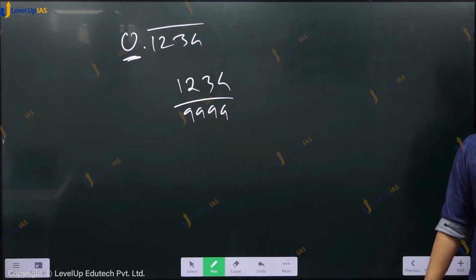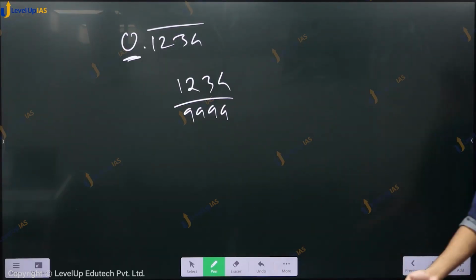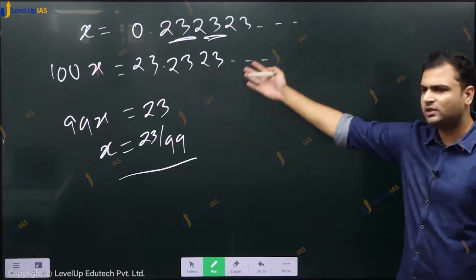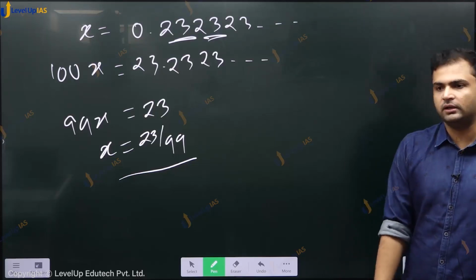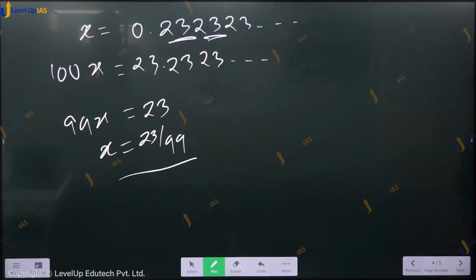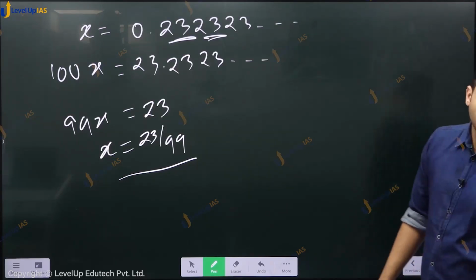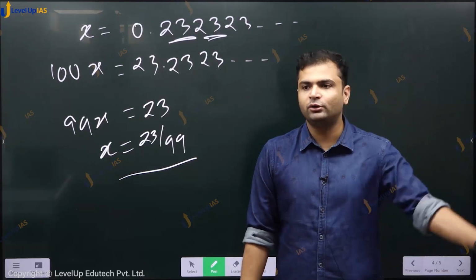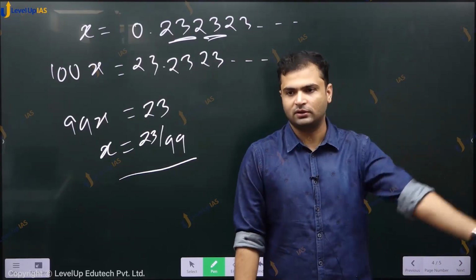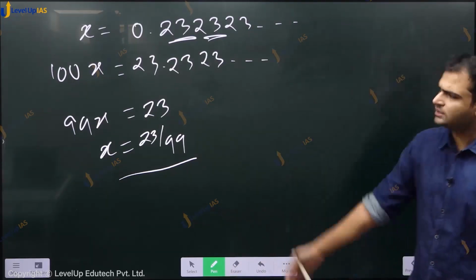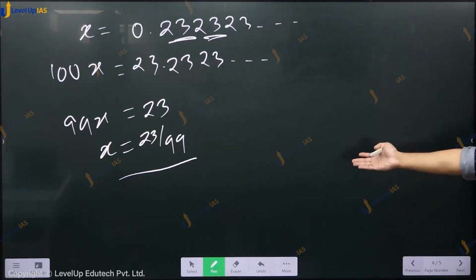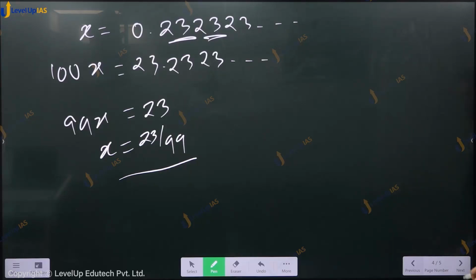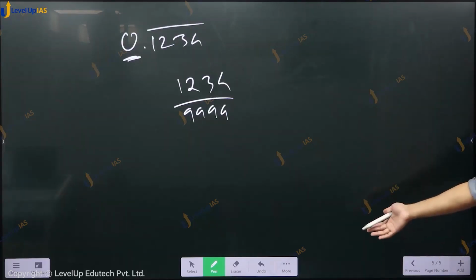If you want to remember these working rules for each of the variants, you can. Otherwise, this process is self-explanatory. This is also a two-step process. Exam में करना इतना difficult नहीं है. If you don't want to remember the formula, that is absolutely fine. You can use your ability to remember in your GS or optionals or somewhere else. You just do it manually. एक ही स्टेप में यहाँ पे भी आंसर आ ही जाता है, ऐसा नहीं कि बहुत टाइम लगता है. But working rule भी याद रख सकते हो. But for every case then you have to remember the working rule,